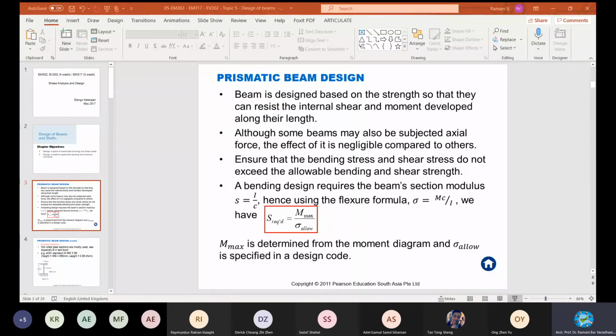Prismatic beam design. A built-up section is constructed from two or more parts joined together to form a single section. And this is welded, they put different types of welding. If it is welding, there is some material here, like a fillet, filling with some fillet. With that, this web is joined to two flanges. In this case, bolt and rivet, bolted. This is bolted with the, you forgot this term. This one,